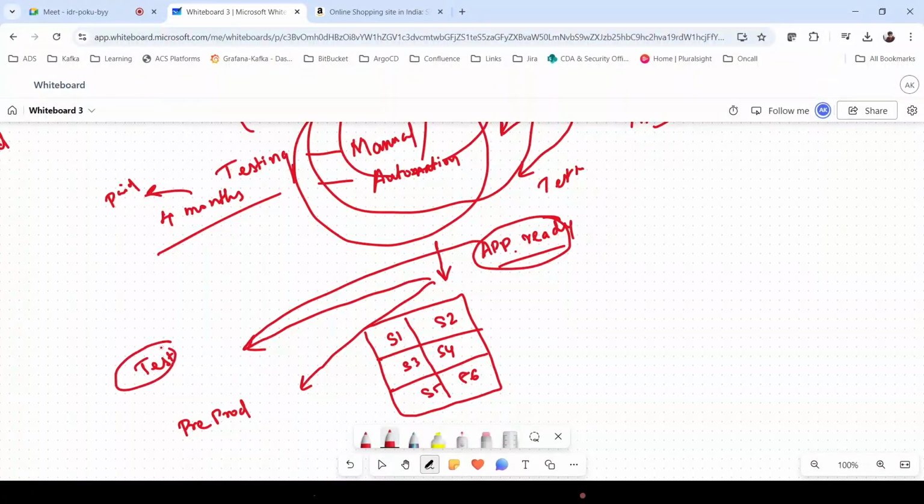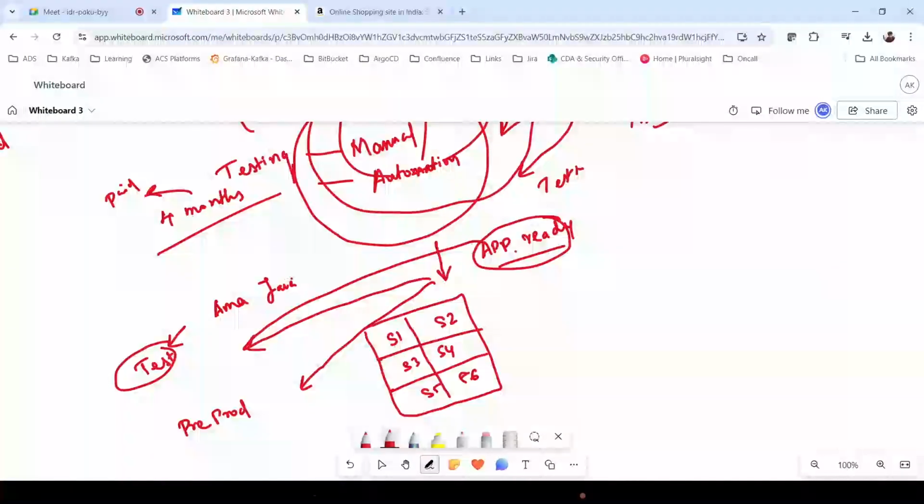So they will test it in the test environment. Once they deploy the new application, they will be testing it in the test environment. If they find any issues, for example, if this Amazon application requires Java, let's take this as an example.